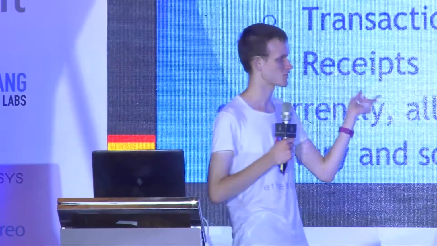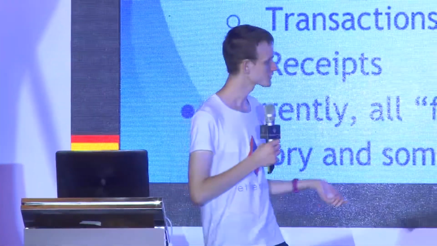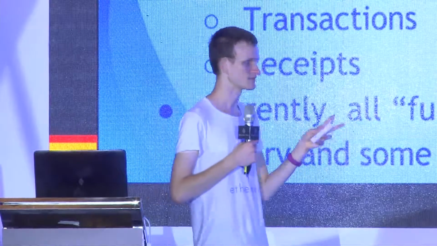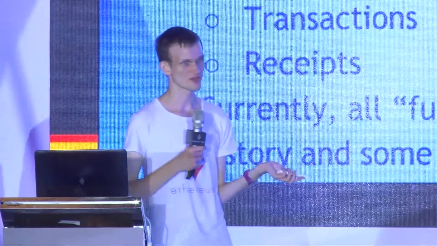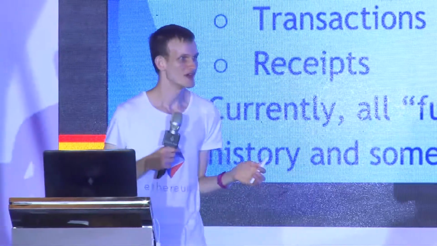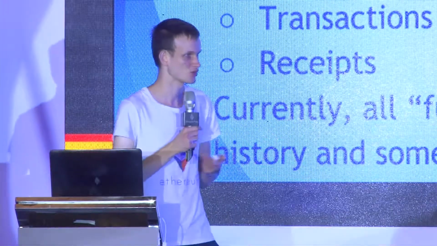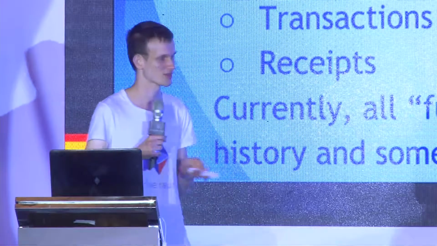The second thing is history. History is things that happened. Transactions are part of the history. Receipts are part of the history. I don't have time to go into them, but feel free to research them more. This is important because a lot of people ask things like, who stores the transactions, or if a contract executes, who executes the contract, and where are the results stored?